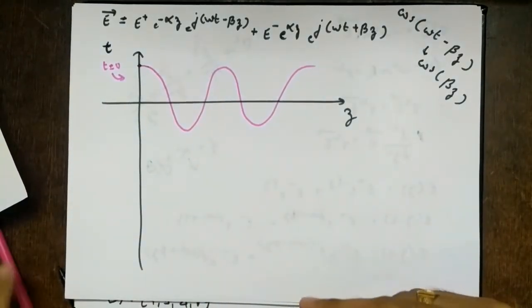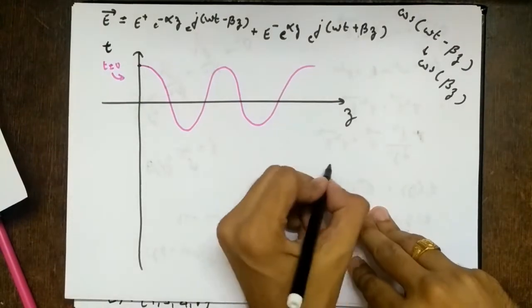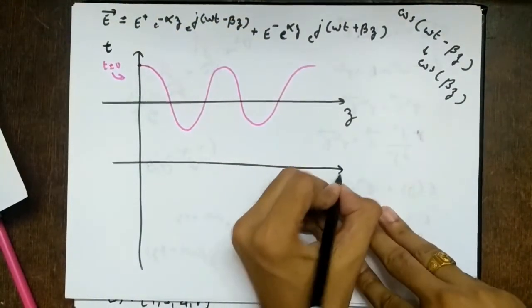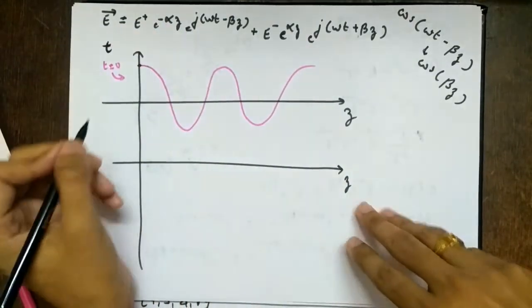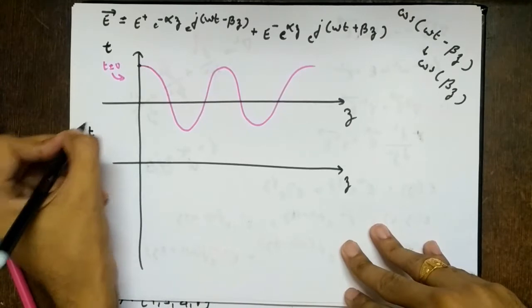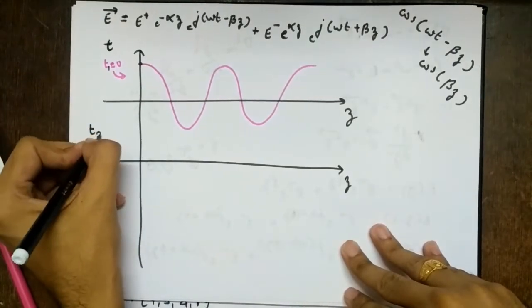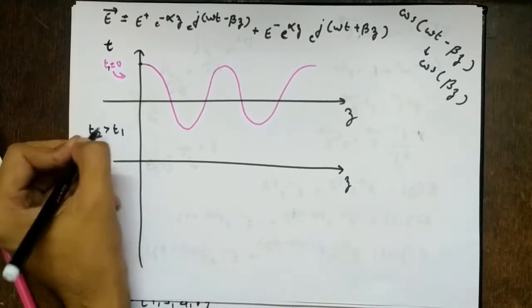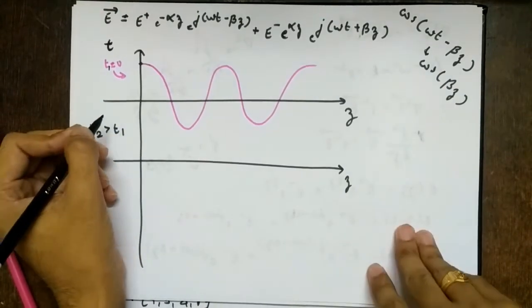But time will not be constant, it will just go on passing, right? So as time passes, this vector is changing. That is what we understand from this equation, first thing, right? So I now take some t. So this was, let's say, t1. So I now take t2, such that t2 is greater than t1, meaning t2 is greater than 0. Let's say it is 1 second, 2 seconds or something, right?